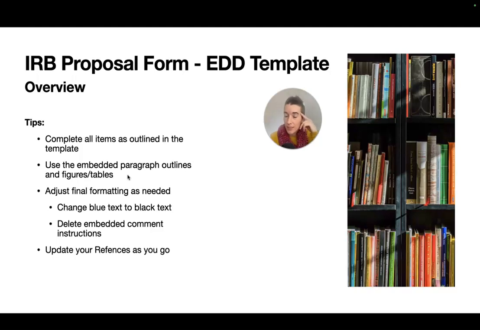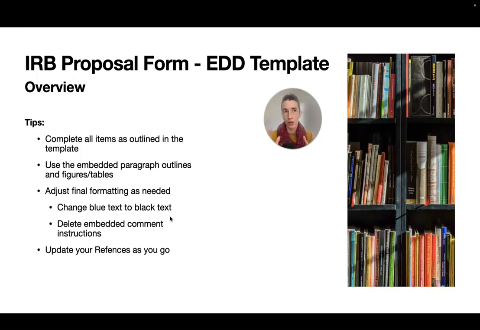They are very specific about how they want tables to be. So the tables that you see in your template, I have already formatted them for you for APA 7th style. So do not touch the formatting of the table itself. Don't change the colors, don't change the bolds. It's already formatted for you, and those can be tricky. You will need to adjust some final formatting.